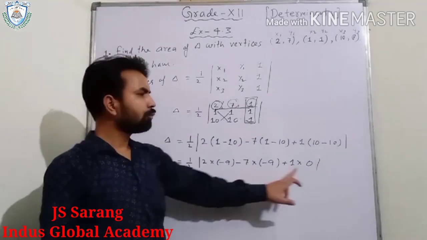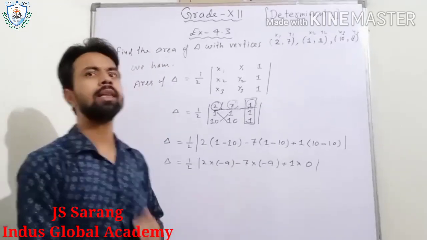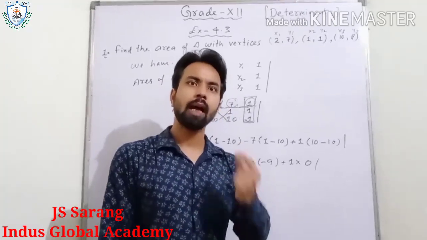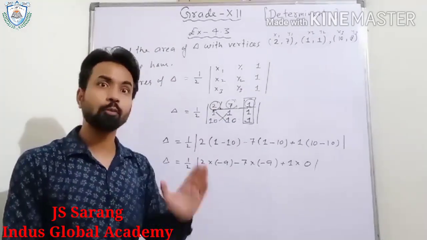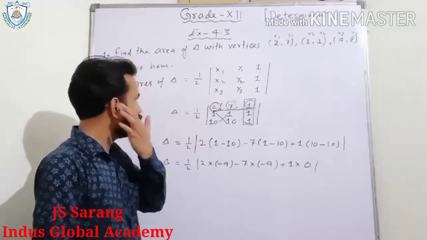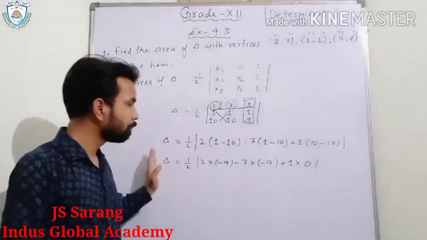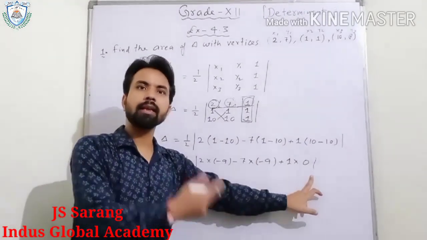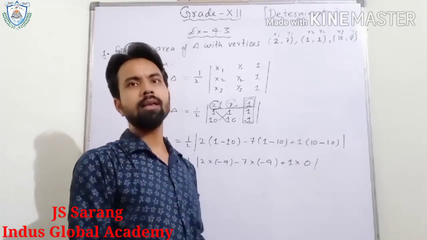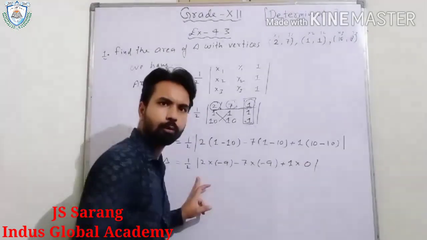Here I am putting the sign of modulus. Why am I putting the sign of modulus? Because we know that the area of a triangle cannot be negative, so we have to take the absolute value. This point you have to keep in your mind. Area cannot be negative. Maybe the value of this determinant can be negative, but as we have to find the area of the triangle, this modulus sign will convert that negative value into a positive value. So for finding the area, we have to take the absolute value of the determinant. That's why I am putting the sign of modulus here.